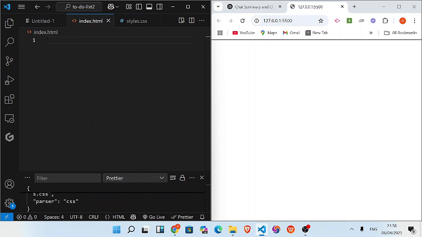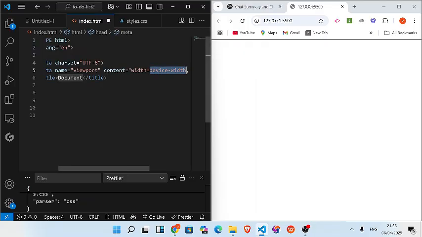The simple to-do list is a basic to-do list that will help you understand how HTML, CSS, and JavaScript work together. That will be good for guys who are new into front-end development, to be good for their portfolios. So we just type exclamation mark, enter. Now we'll change this,